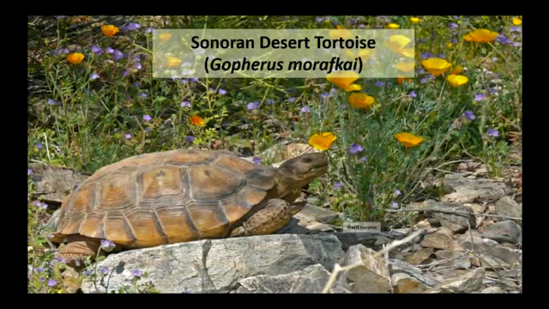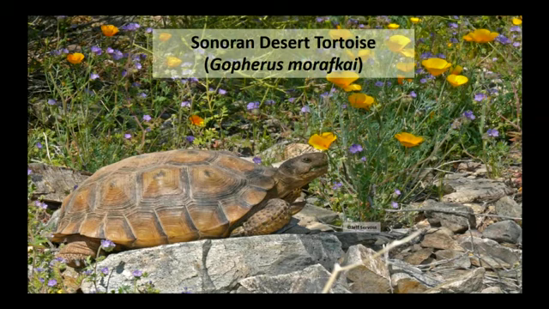So we've spent some time building that conceptual framework on how to do these analyses, and then we jumped right in and started applying these ideas to listing decisions for the species. And I have two examples that I wanted to present today. The first is this Sonoran desert tortoise example,